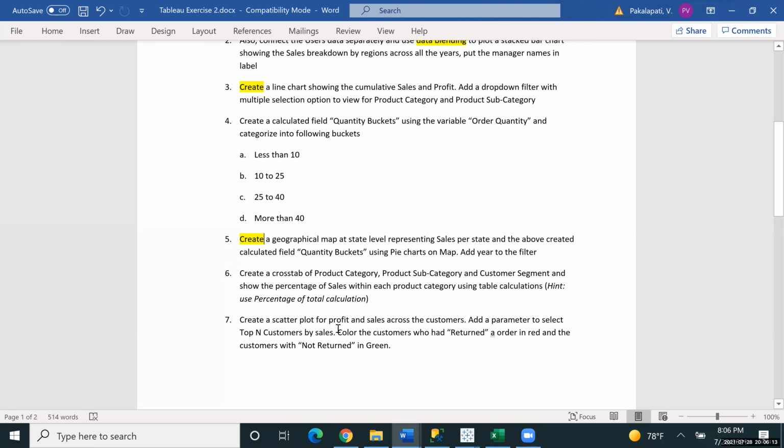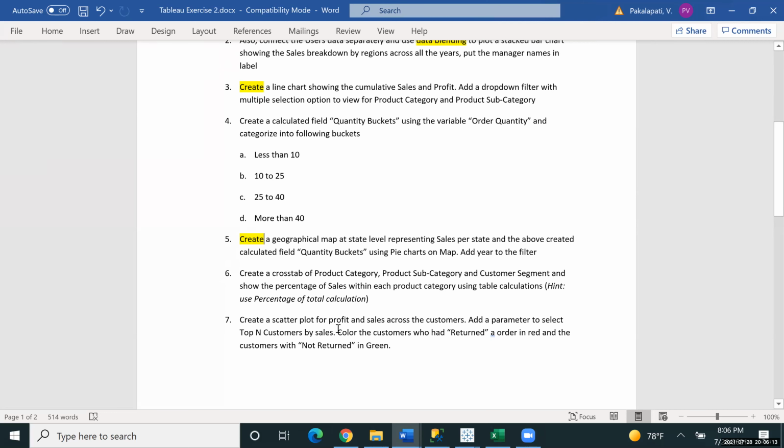So now you just hover on this. As you can see, this is the customer name. My first question is I'm just giving the parameter value as 10. Since you are saying it's including both returned and not returned, you now pick the return column. You have the status column. Put it on the color.